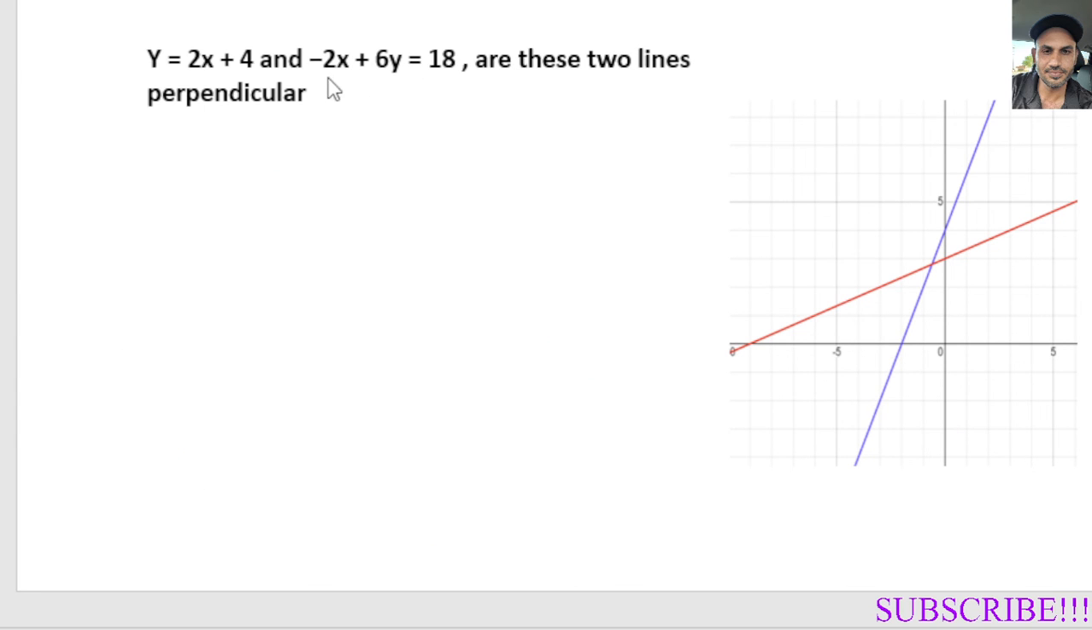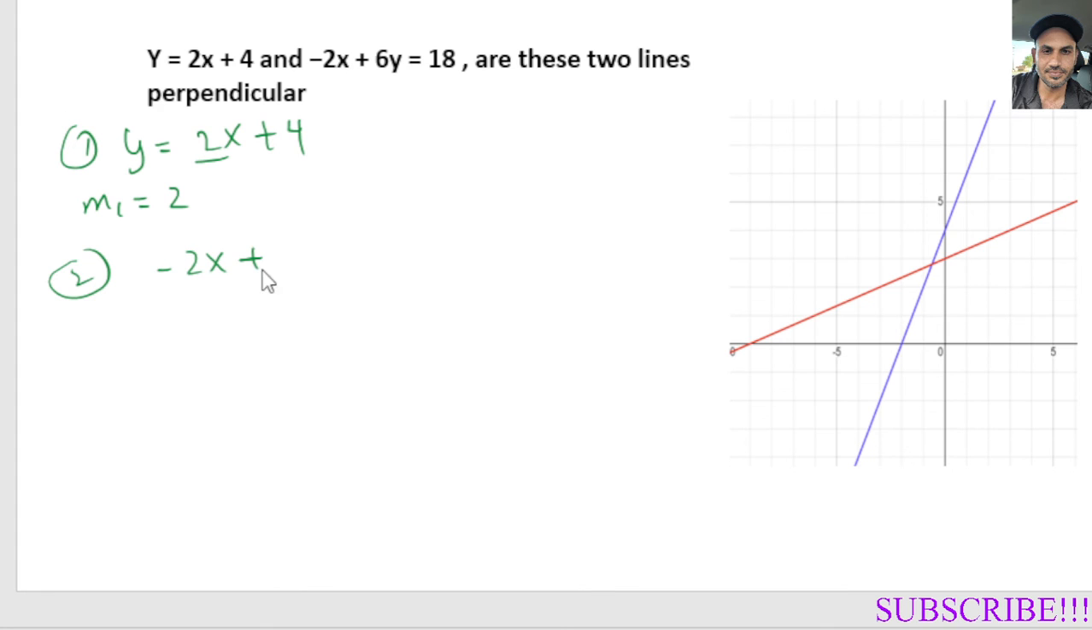Now we have these two lines as well, and we have to see if they're perpendicular or not. Okay, and these are the graphs of these two lines. So let's go ahead and solve that. The first line is y equals 2x plus 4, and this one is already in slope-intercept form. We know that m equals 2. The second one is